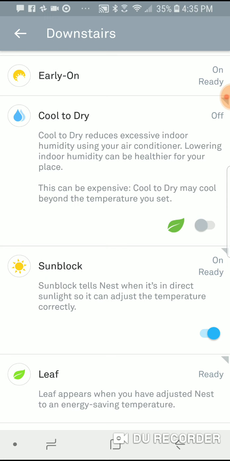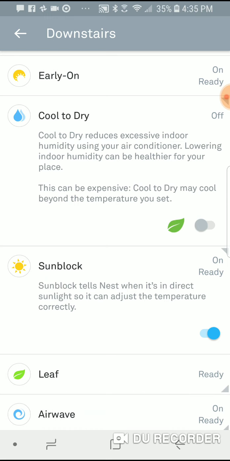So this function is, I think, kind of a no-brainer. You can switch that on. It can tell when it's in sunlight, and then it makes adjustments to the temperature settings so that you're not overheating or overcooling. And then finally, there's this leaf function,